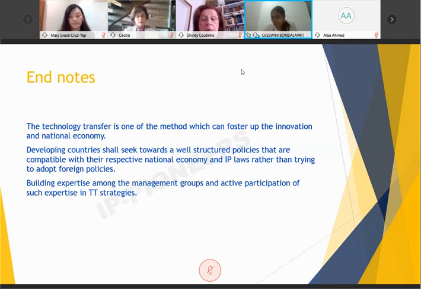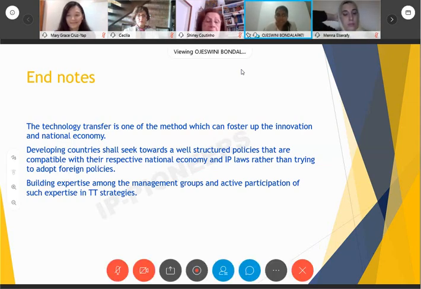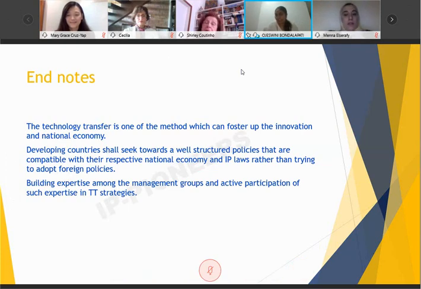So we know that technology transfer is required, especially in developing countries, and we need expertise. So expertise can't come, so we should go through the practice. And it should also have a well structured policy. So technology transfer is really important, but it's not an easy task. So developing countries are still behind. So I think there should be a good proper balance between the academic, private, and also a legal structure, proper legal agreements, which address every problem, especially dispute resolution.